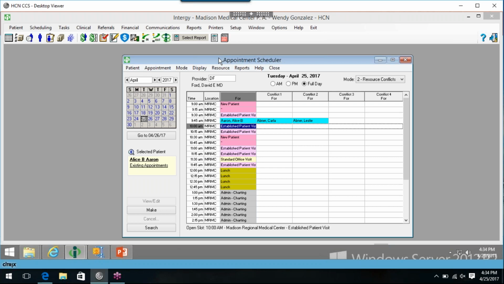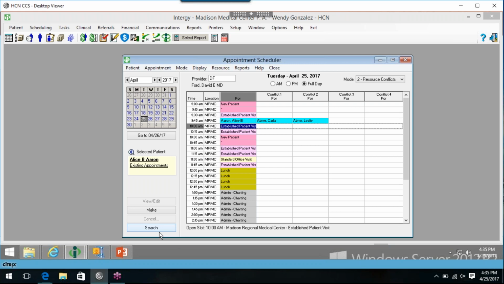There's a couple of different search options in Intergy. And the one that comes with the system, the canned feature that comes with the system, is this search button here. So what searching allows you to do, it saves you time in searching for the next available slot. So again, if you're a busier clinic where you don't have upcoming close enough appointments that are available, perhaps you're a month out or 3 weeks out,